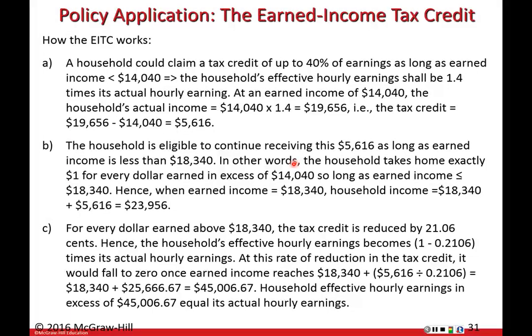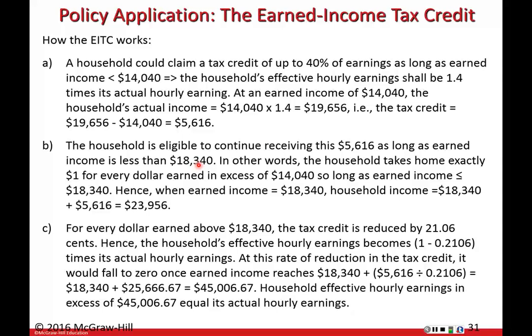It's no longer getting that extra 40%. That extra 40% is calculated off the 14,040. So anything earned more than this, you don't get that extra 40%, but you get to keep your entire hourly wage. So in this section between earned income of 14,040 and 18,340, the household's hourly earnings are exactly what